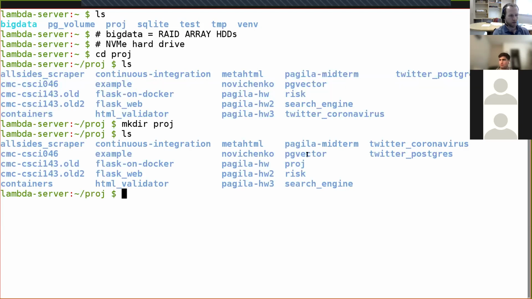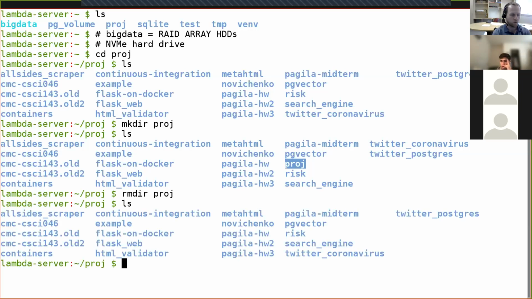mkdir proj. Type ls again, and now you can see up here there is no proj folder anywhere down here. We just added this proj folder. If you want to delete a folder, rmdir proj deletes that folder. It no longer exists. The way to check that it no longer exists, I can type ls like this,